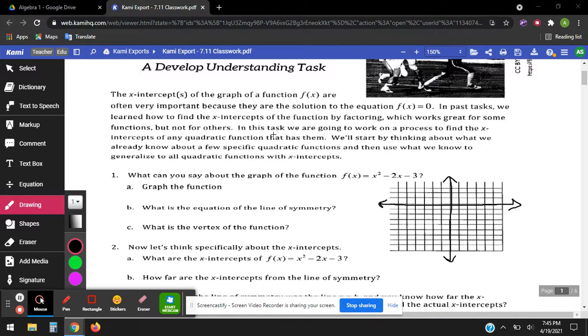So the x-intercepts of the graph of a function are often very important because they are the solution to the equation f of x equals 0. In past tasks, we have learned how to find the x-intercepts of the function by factoring, which works great for some functions but not for others. In this task, we are going to work on a process to find the x-intercepts of any quadratic function